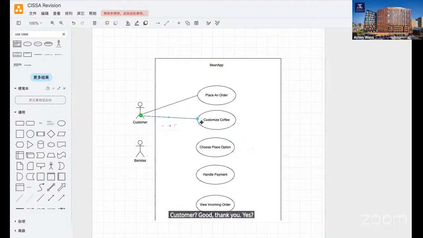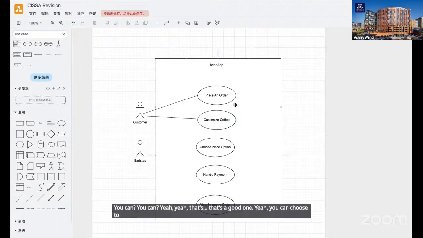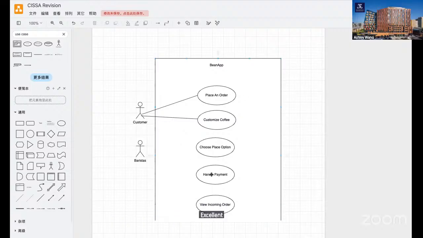What is extend based on it? It says the customer can choose to customize the prompts. Yeah, that's a good one. You can choose to use the extends relationship here. Excellent. What else? Which one do we connect these two? Customer, yeah. How about handle payment?